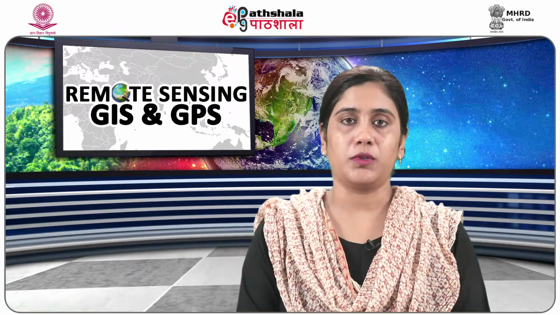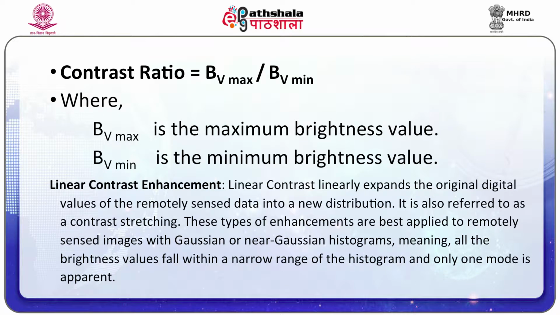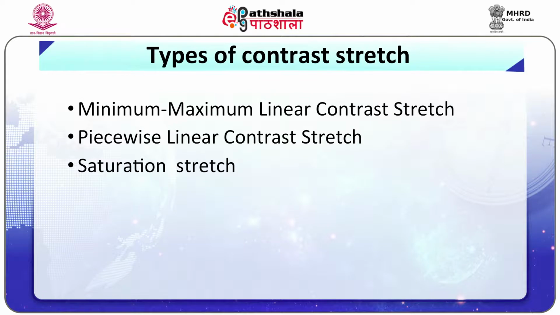Linear contrast enhancement. Linear contrast enhancement linearly expands the original digital values of the remotely sensed data into a new distribution. It is also referred to as contrast stretching. These types of enhancement are best applied to remotely sensed images with Gaussian or near Gaussian histograms, meaning all the brightness values fall within a narrow range of the histogram and only one mode is apparent. There are 4 methods of linear contrast enhancement: minimum maximum linear contrast stretch, piecewise linear contrast stretch, saturation stretch,